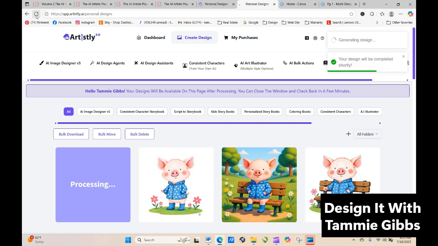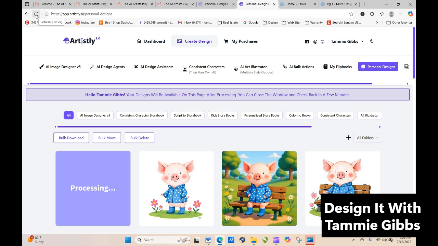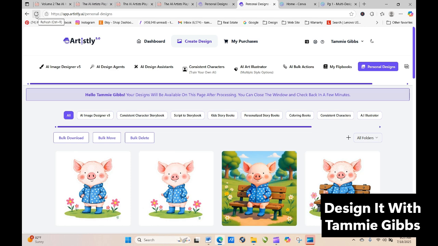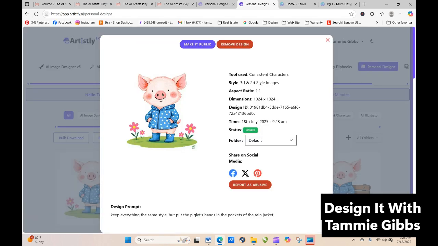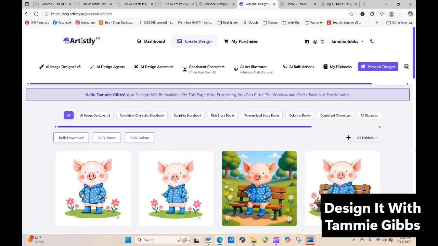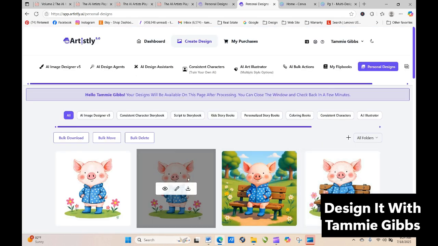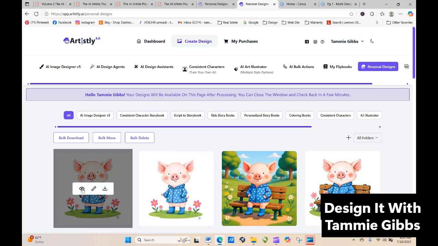So see, I've shown you how you can adjust once you get the style that you really like, and that's where my playbooks come in, colors, clothing, all that sort. There we go. Perfect. So now we have the image the way we wanted it. See? His hands are in his pockets. Okay. So now we could go in